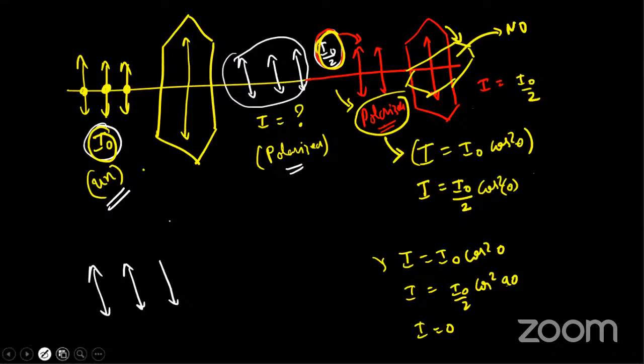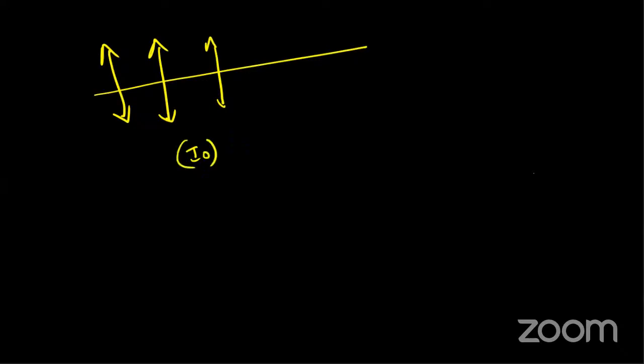Right. Okay. So now I'll ask you a question. Same question. Imagine I have a polarized light. This polarized light has an intensity of I naught already. And I'm using a crystal at 45 degrees. The angle between the crystal and the polarized light is 45 degrees. So now can you tell me what is the intensity coming out? What is the outgoing intensity? Let me see who will tell me first. The incoming intensity is I naught. What is the outgoing intensity?